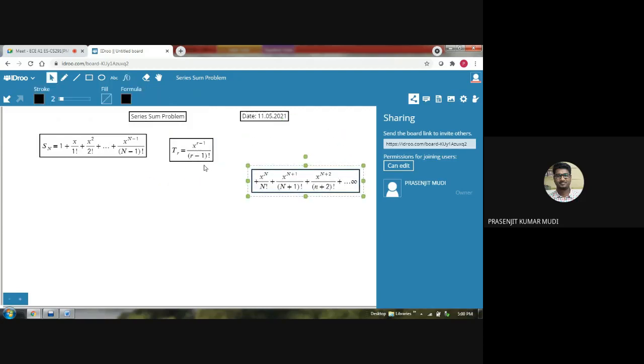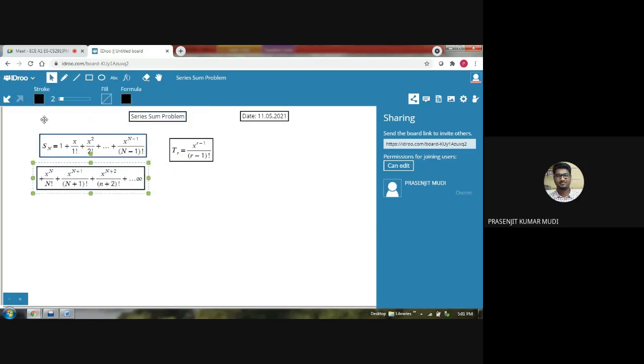So what will happen? The original series expansion value and this Sn value will not be the same, because the e to the power x value is the summation of this entire series. The value of e to the power x is this value plus this value, but we are ignoring this part, only considering this part. Naturally, the value of e to the power x,